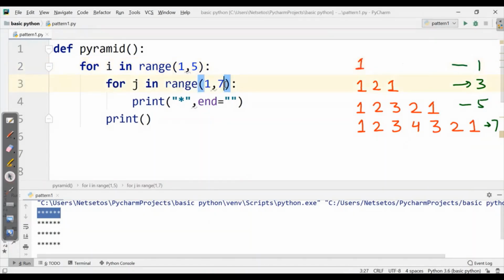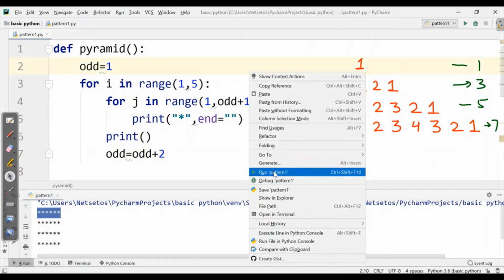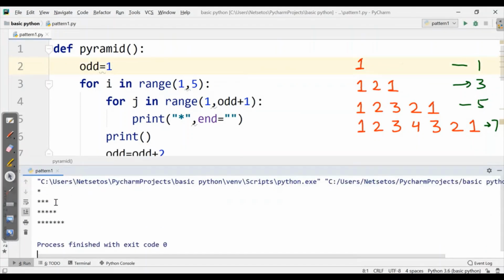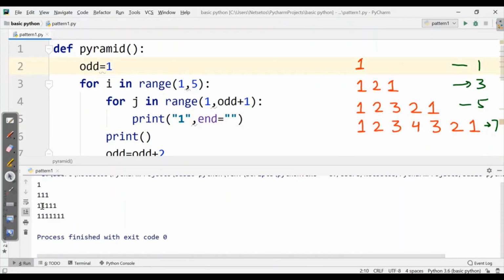So for this I need to assign a variable, which will be odd as there are odd numbers. And here we need to initialize odd equal to 1, but here we need to define it to odd plus 1 as we want till odd. And after completing this statement, it is going to 3. That means it is increasing by plus 2. So here I need to write odd equal to odd plus 2. So let's see. By printing here, we got first 1, then 3, then 5, then 7. Let's assign a number to this. If I write here 1 and then print this, I'll get 1, then 3, then 5, then 7.